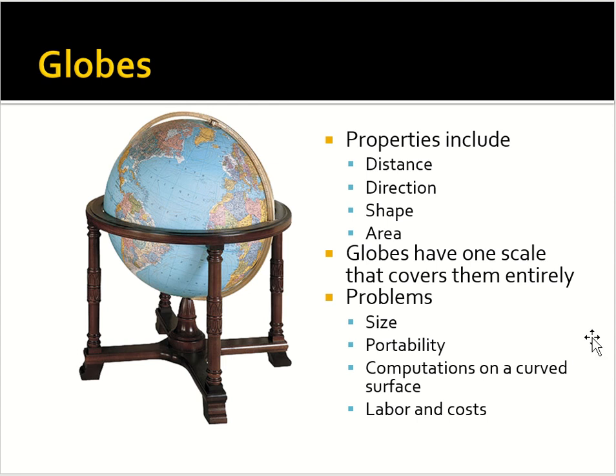There are, of course, some problems with globes: the size, portability, and that might include maybe storage. It's just easier to fold up a piece of paper than to deal with a globe. We'll get into GIS later, Geographic Information Science, which makes use of computational power to model spatial processes. But actually, computations are a lot easier when we're thinking in two dimensions as well.